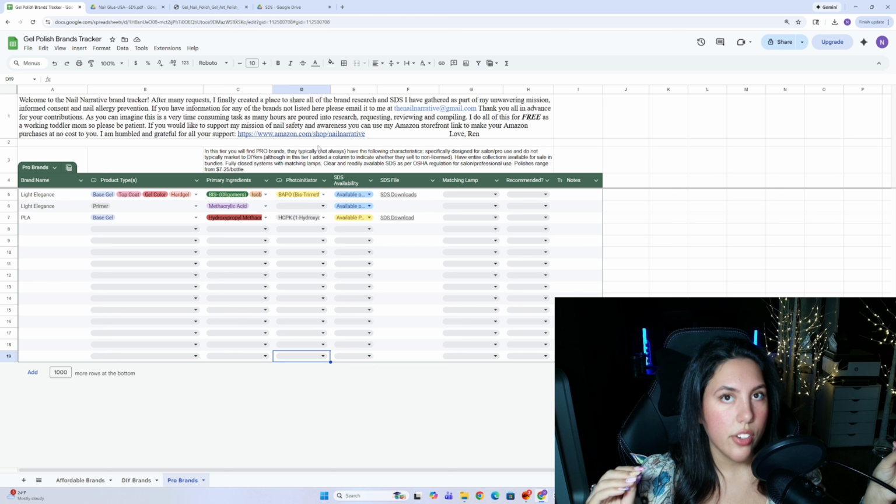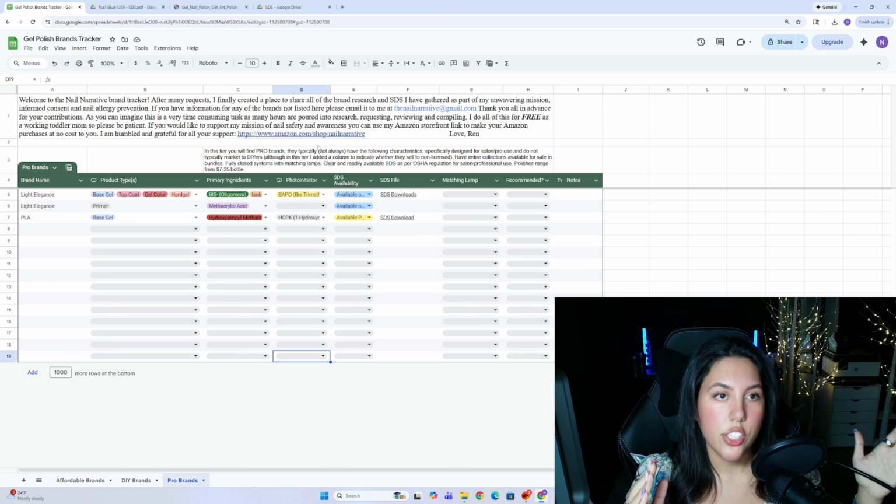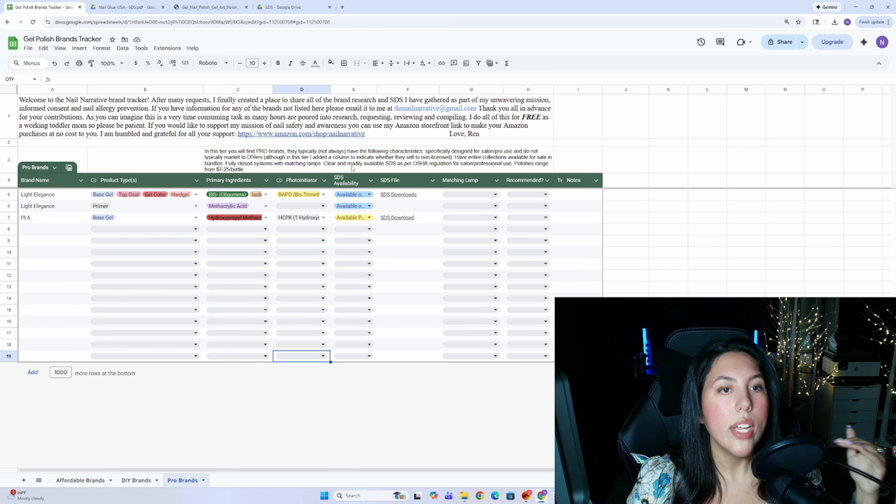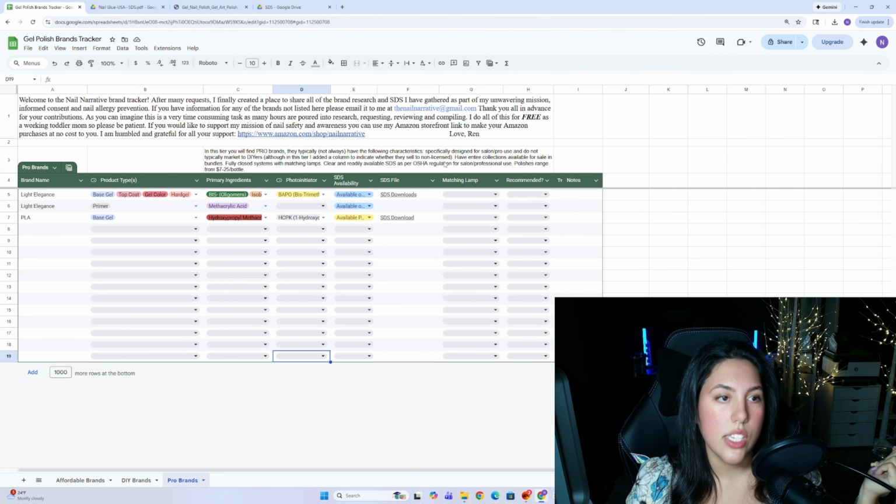The way I categorize this is because of certain characteristics, and they don't always have to fall in those. That's why it says they typically, not always. So, specifically designed for salon or professional use, do not typically market to DIYers. Although in this tier, I added a column to indicate whether they sell. I haven't actually added it yet, but I will. So I'm going to be adding a column here to indicate whether the brand sells to DIYers or they are